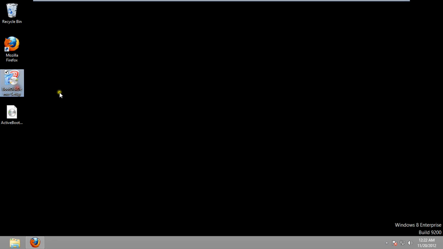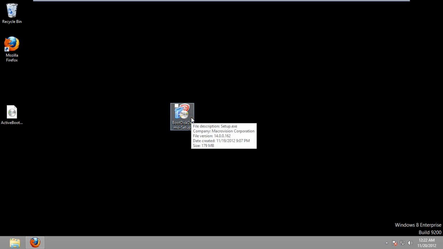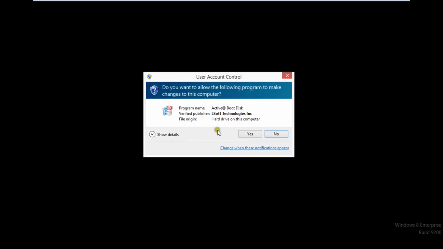Okay, so now your file is completely downloaded, and it should look something like this. It's called boot disk demo-setup. It's an installer file that installs a program that creates bootable disks or flash drives so you can boot the ActiveBoot operating system. Small file, 180 megs as you saw. So just go ahead and double click on it. If you don't have an admin account set up, it's going to ask you for this user account control. You can just go ahead and click yes,